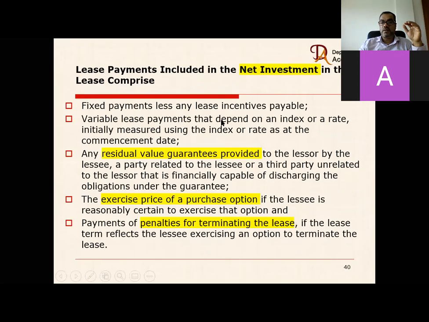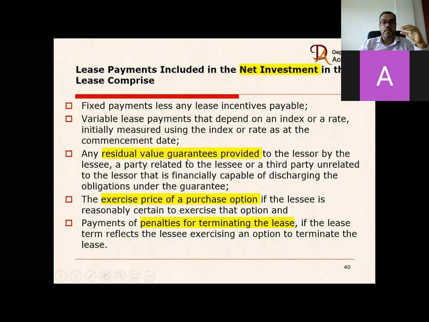Variable lease payments. This is a very unusual, exceptional situation, as I just told you. This happens when severe fluctuations in interest rates can be seen in the market. Otherwise, variable lease payments may not be seen. Or the lease payment has been connected to an index or something like this. Otherwise, no. Then any residual value